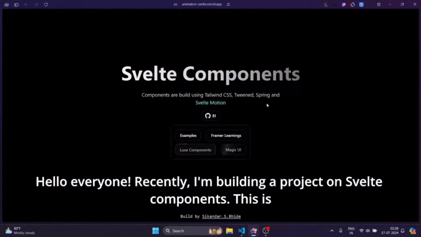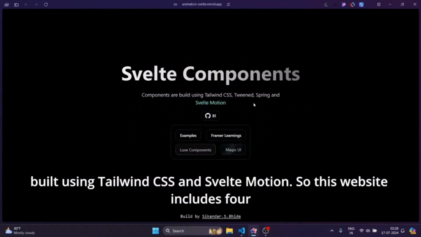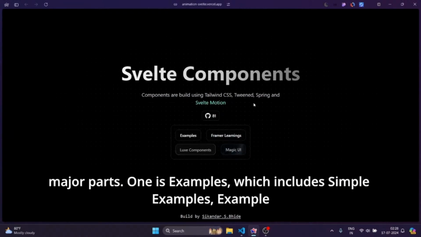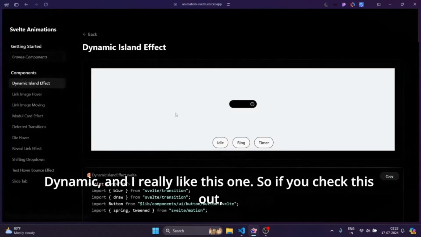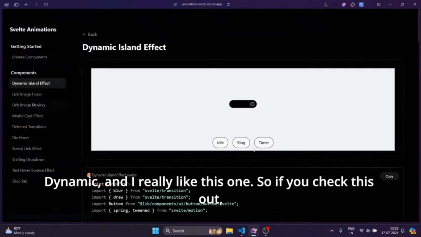Recently, I'm building a project on Svelte components. This is built using Tailwind CSS and Svelte Motion. So this website includes 4 major parts. One is examples, which includes simple examples. For example, dynamic island. I really like this one. So if you check this out,